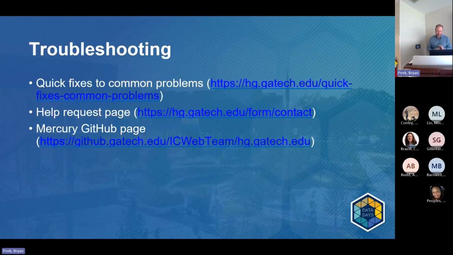All right, having admonished everyone, I shall now tell you how you can admonish us. First of all, there's a page on Mercury, which is essentially a frequently asked questions page. It's problems that people have frequently and easy fixes for them. If your problem is not addressed there, there is a contact form, a help request page. We ask that you fill it out as thoroughly as you can, and especially don't forget to include URLs of items that